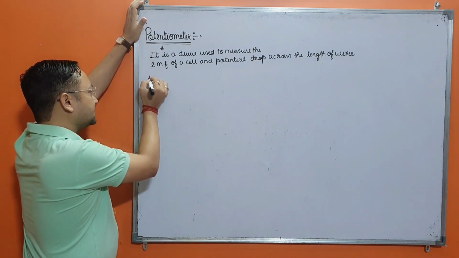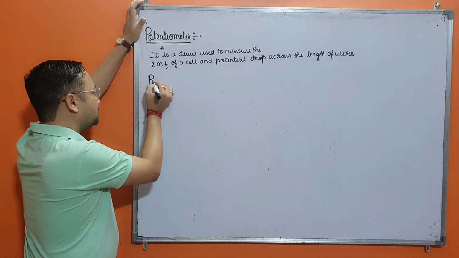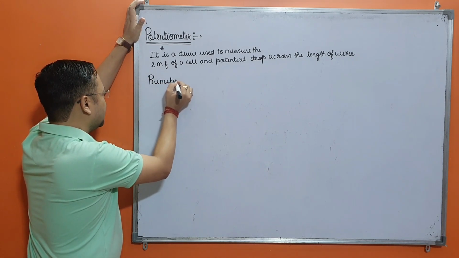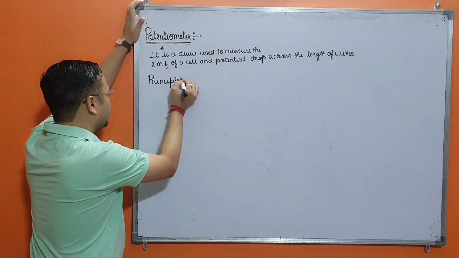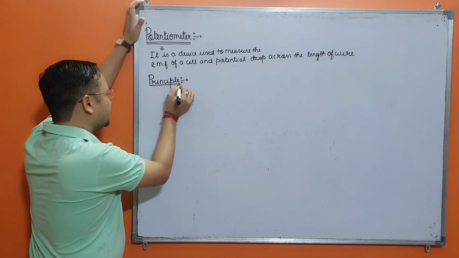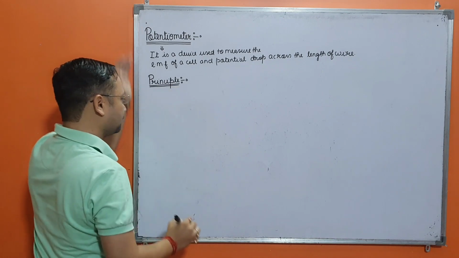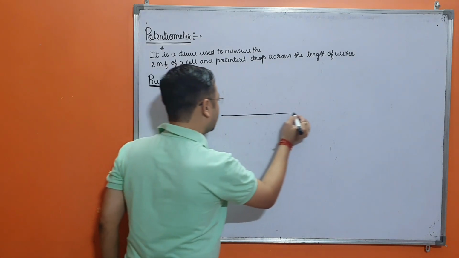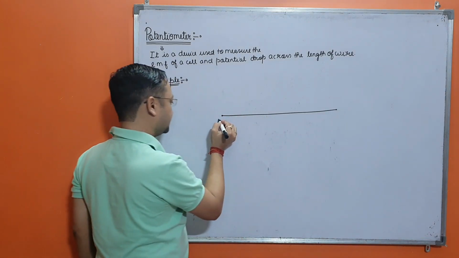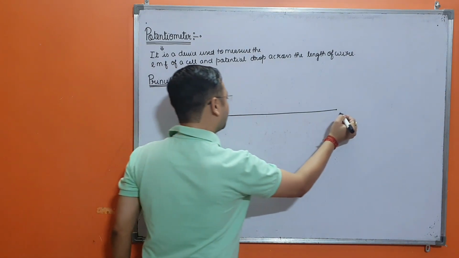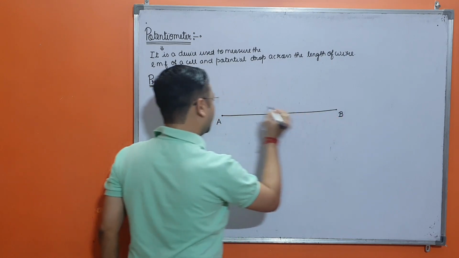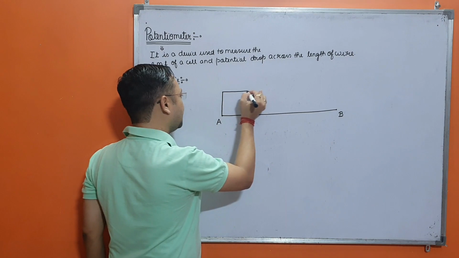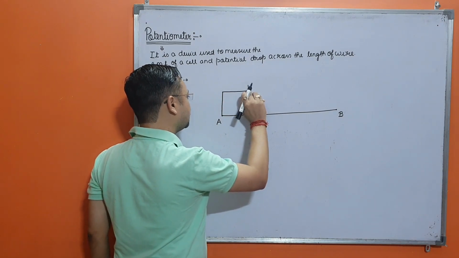Now second thing is that beta, on which principle this device will work. What is the basic principle behind the potentiometer? So now we just set up a circuit diagram here. Let this be a wire of certain length. This is the wire AB, and this is also said to be the potentiometer wire, and we just connect a DC source which drives the